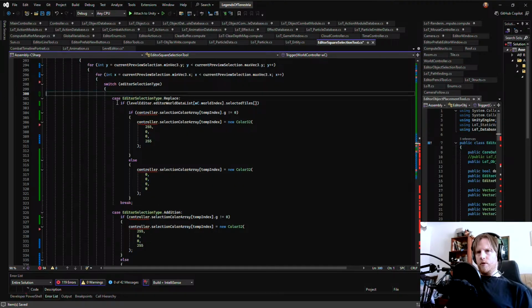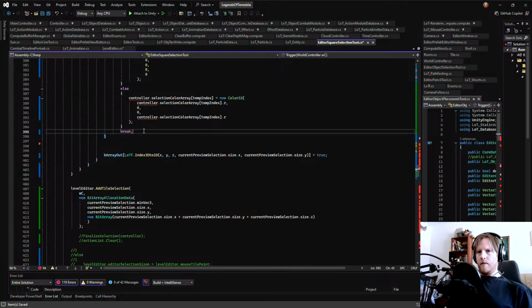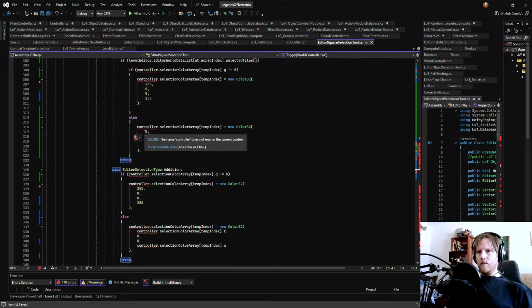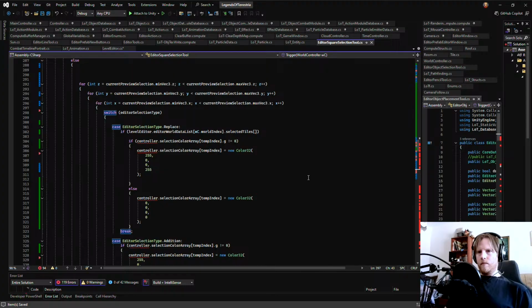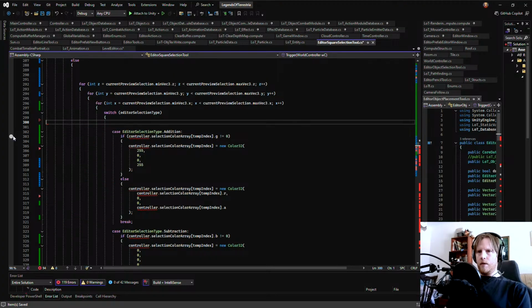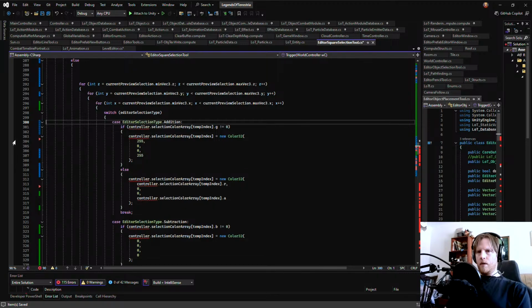I don't know, does default need to be at the bottom? Does that matter? The replace doesn't do anything, really. Wait.